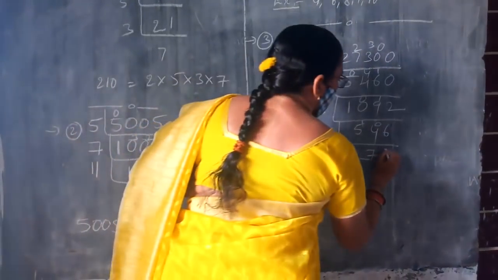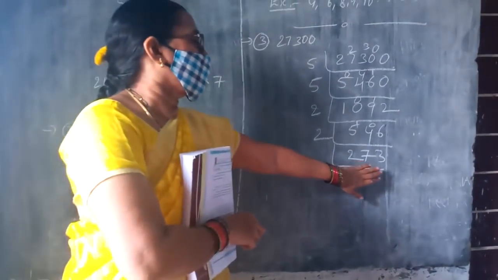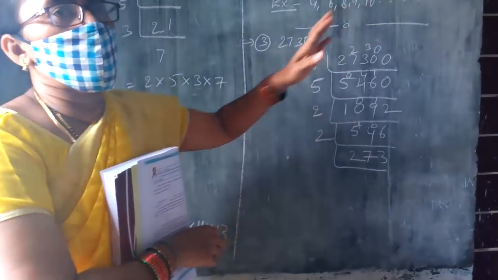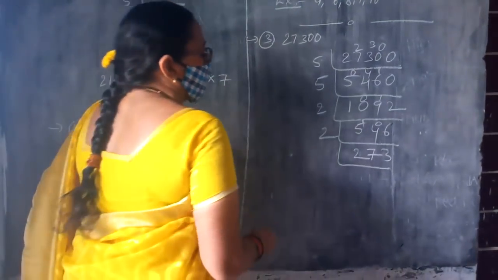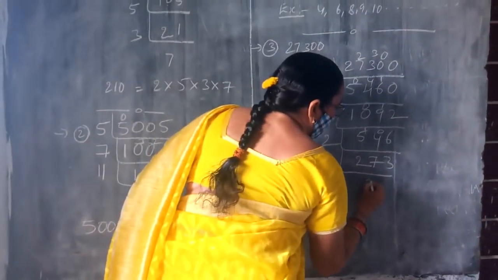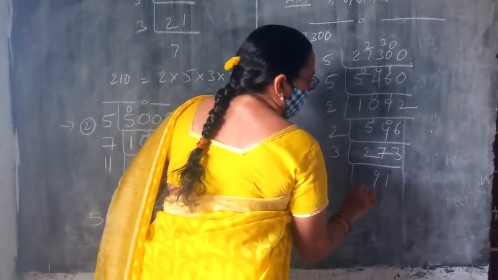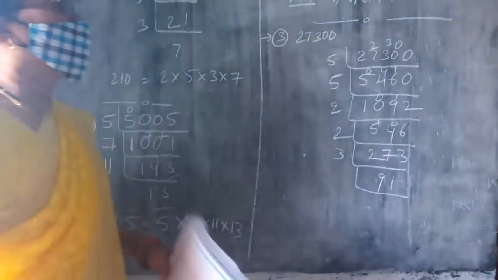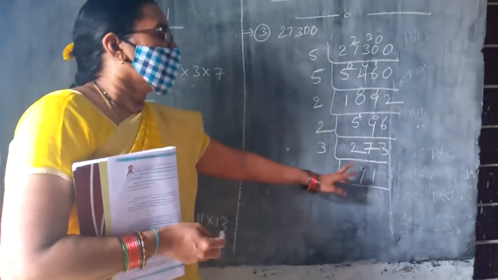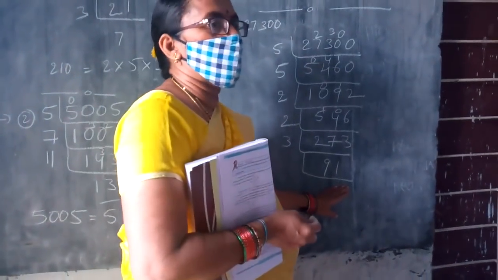Next number is 6. How many times divisible? 3 times. Is the second divisibility applicable here? No. Next, go for the next prime number, that is 3. How many times divisible? 3. 3 9s are 27. Next, 3 1s are 3. Okay. Next, go for the first prime number. 2 is not divisible. 3 is not divisible. 5 is also not divisible in this number.